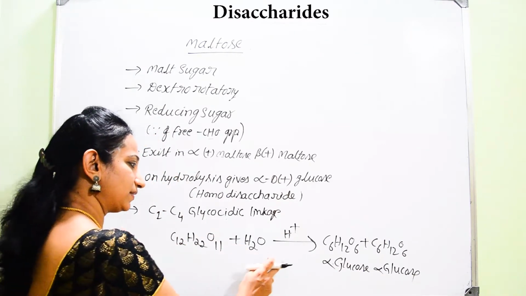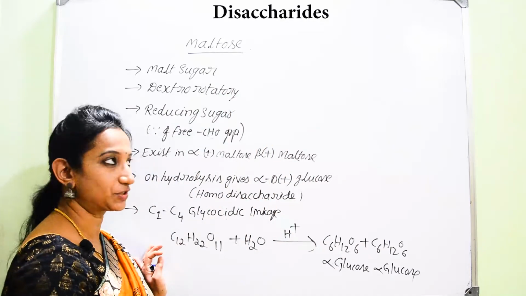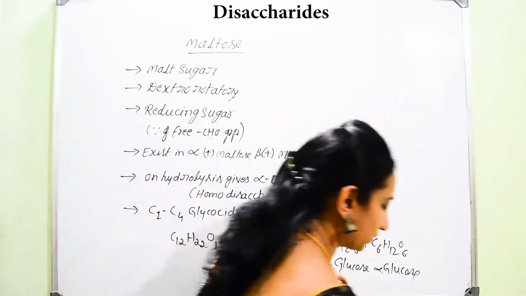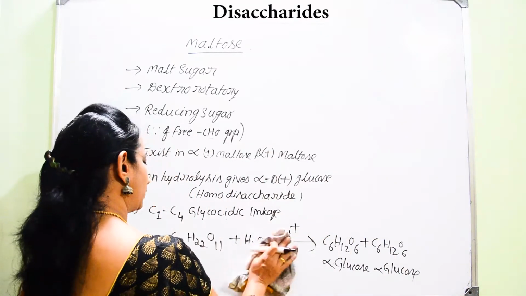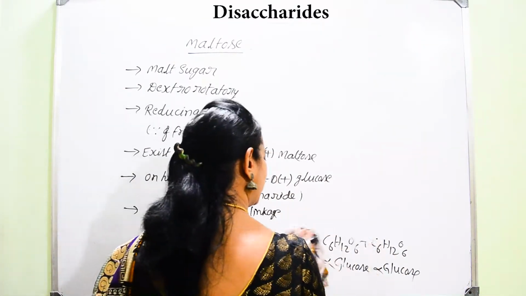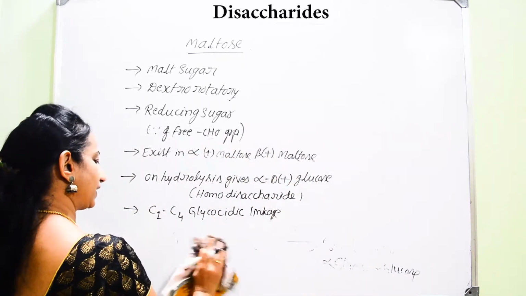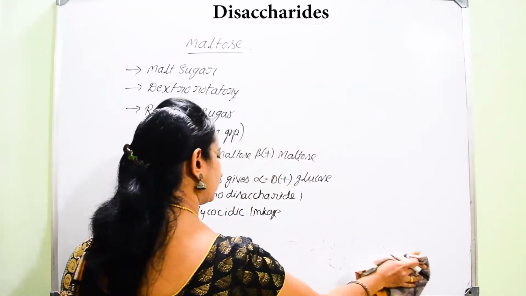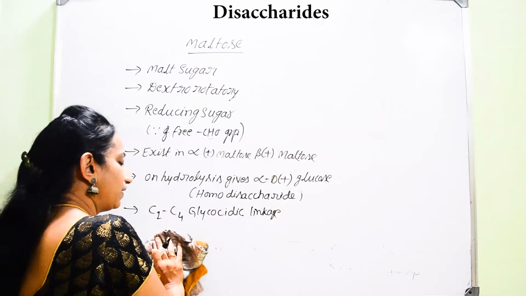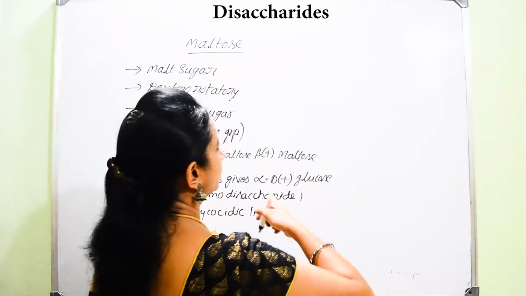Therefore, by considering this feature, we can now write the Haworth structure for maltose. You should remember, this is one of the important structures you should learn. It will even arise in your examination paper. They can directly ask the question, write the Haworth structure for maltose. Then what structure should you remember to write it? The glucose unit structure, that is of course alpha D glucose units.